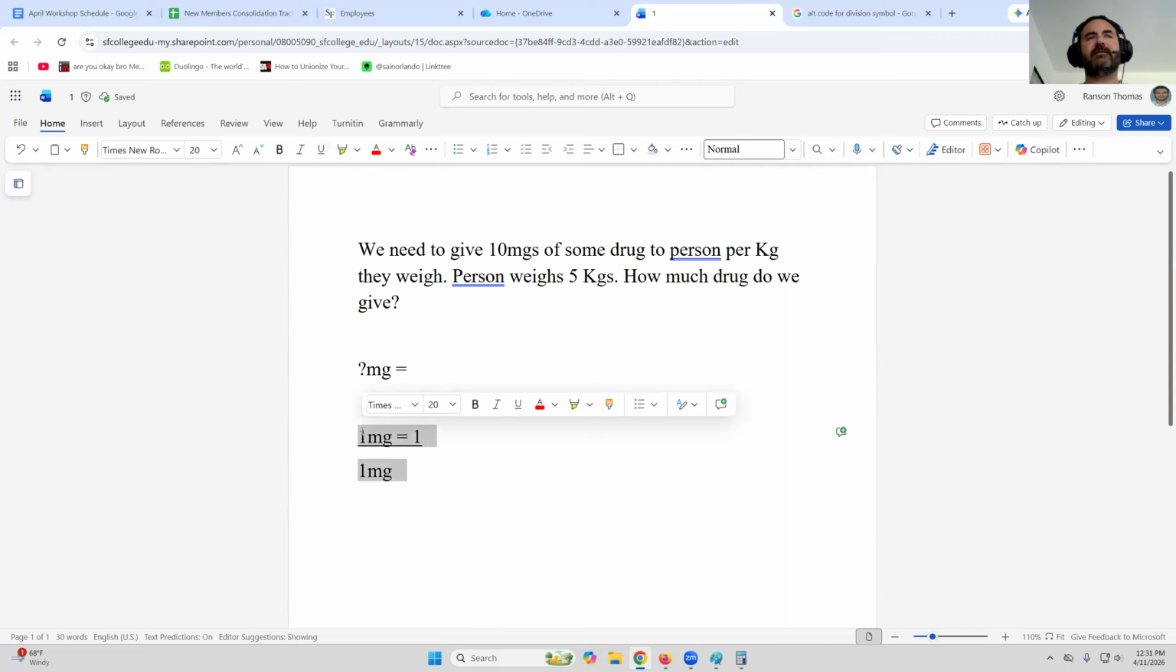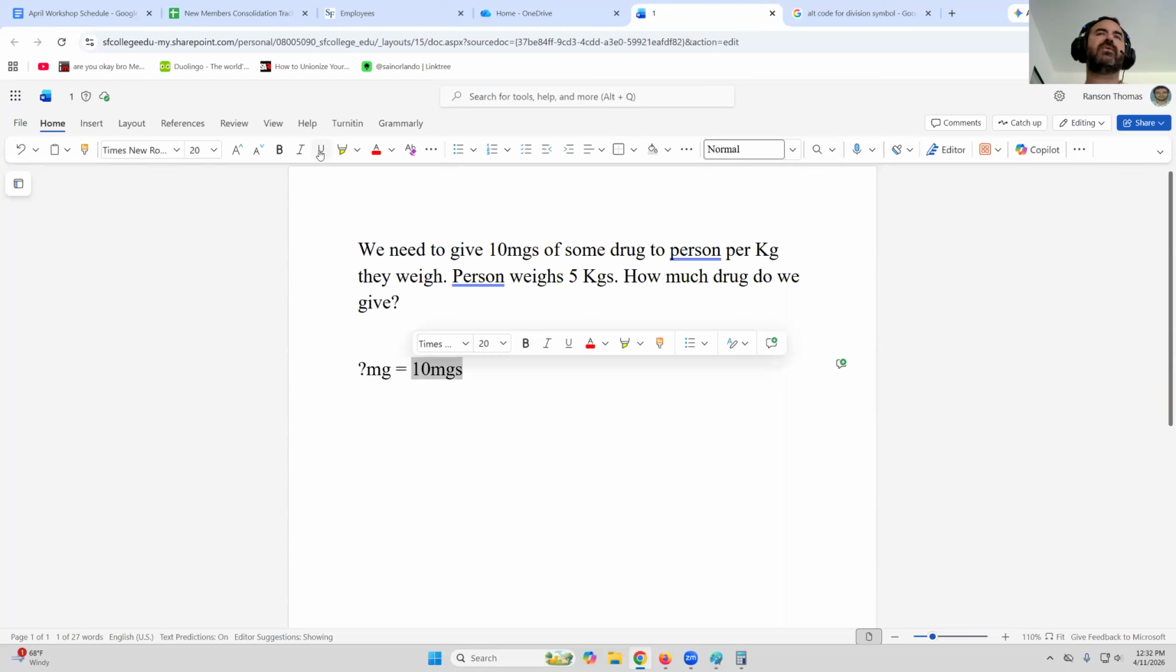So to that end, let's start with what we know we have. We have milligrams. So what do we know? We know we have to give 10 milligrams. So this is what we call our concentration. We're going to give 10 milligrams of drug per kilogram. Does that make sense? So that means for every kilogram the person weighs,